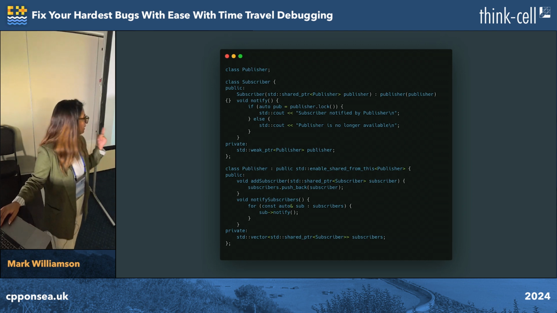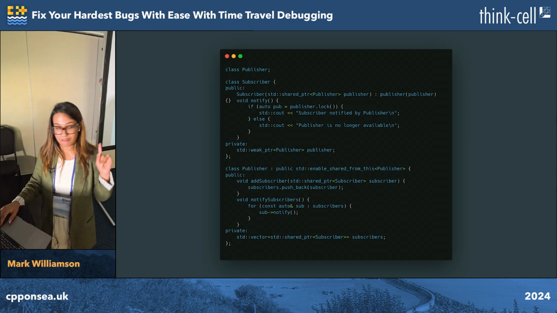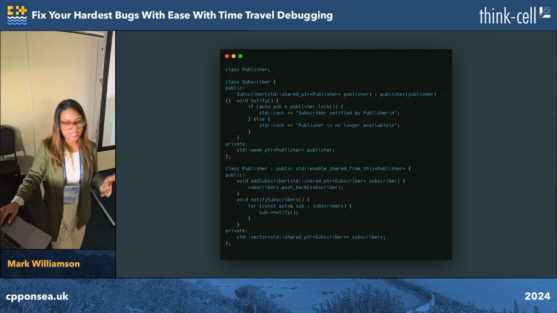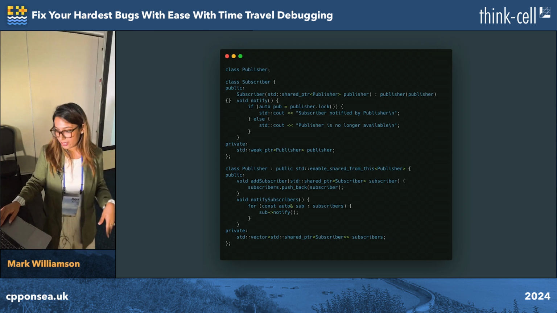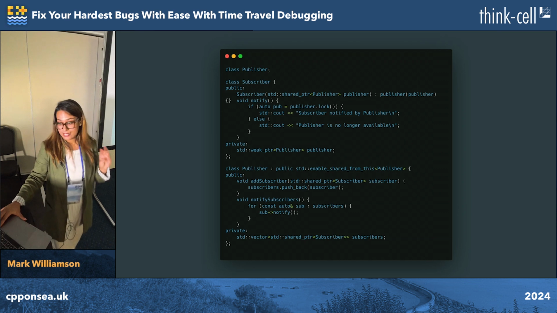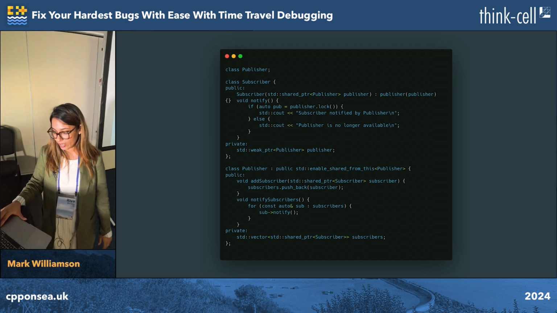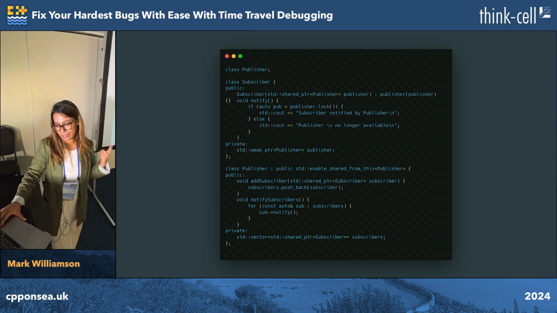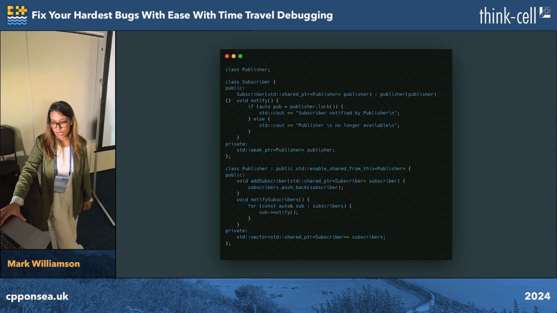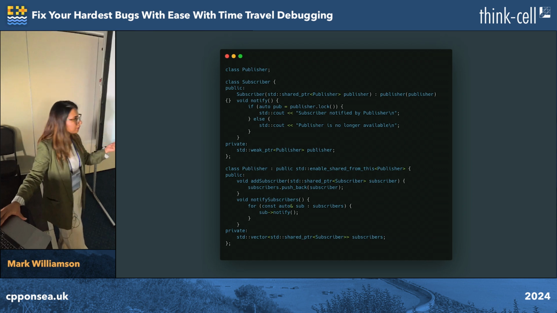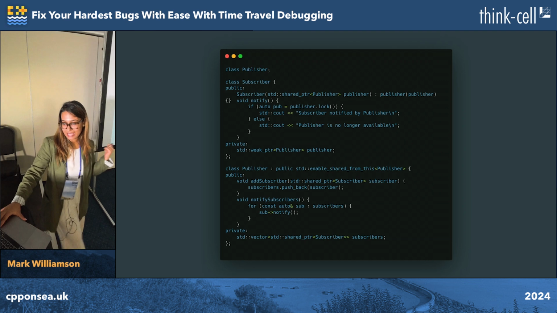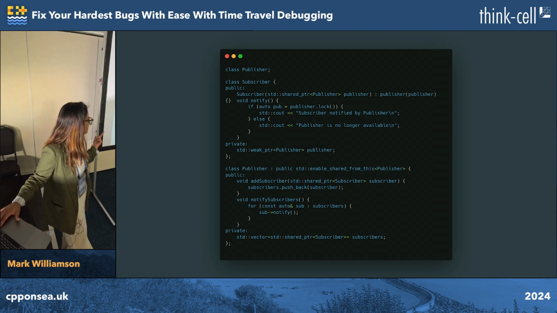So here, by using a weak pointer, you can do three things. The first is non-owning resource references: you allow the subscribers to reference the publisher without actually owning it, so weak pointers do not affect the reference count. The second is that you can easily avoid cyclic dependencies between the publisher and the subscriber. And then you have safe access: weak pointers can be temporarily converted to shared pointers to safely give access to the publisher, ensuring that the publisher is still valid.